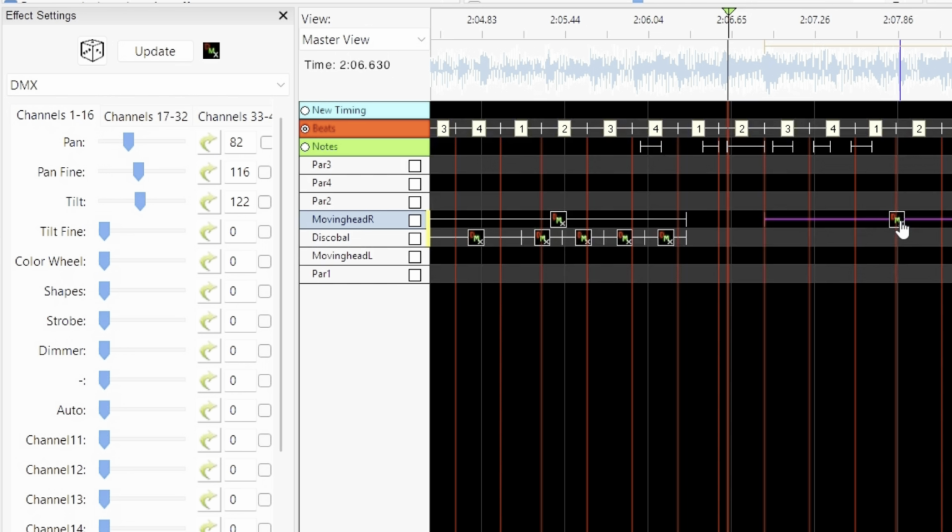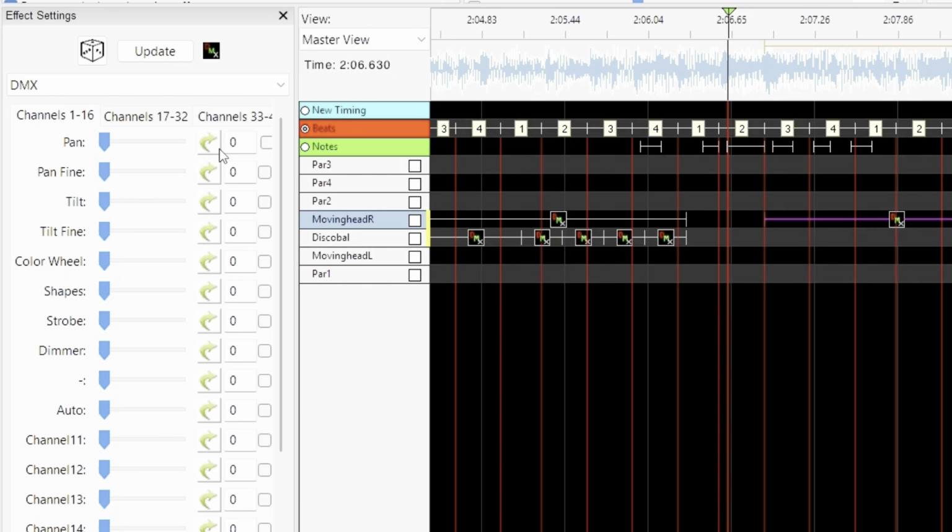Okay, so we have a command for this part of the song, but we have just one position of the lights, which is not really nice, because I want the lights to go when it's here, I need the slider to be here, and when it's here, I need the slider to be here. But I want it to be here at the beginning and here at the end. So how are we going to do that?